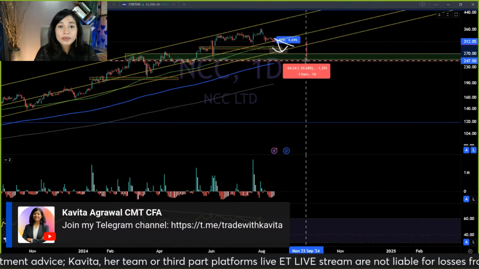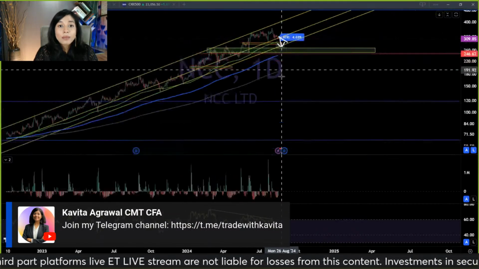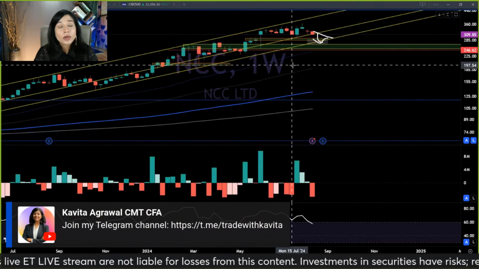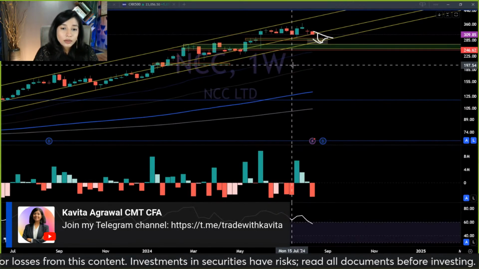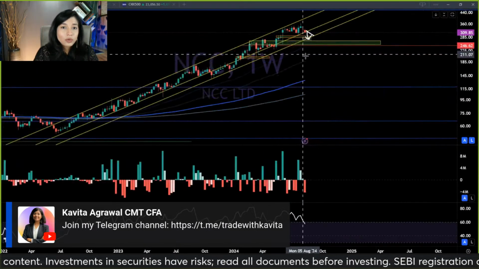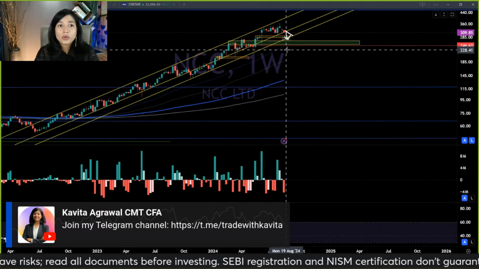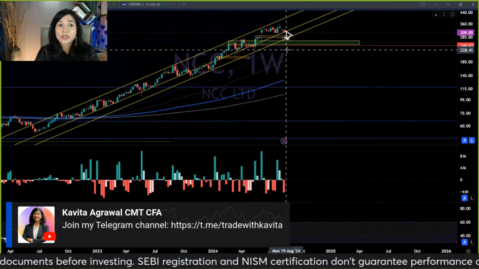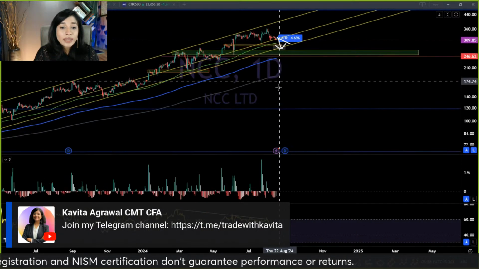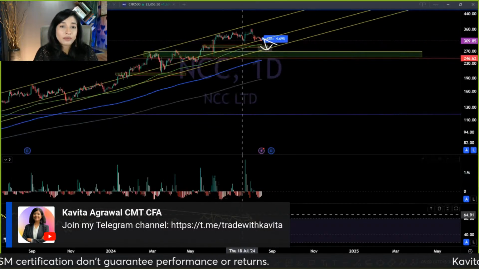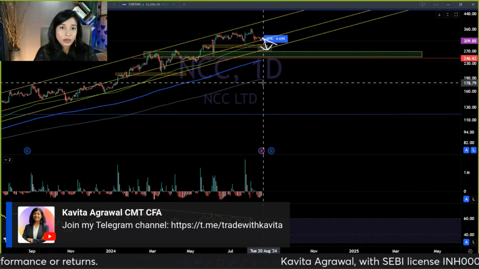Yeah, steep because at this point, from a short-term perspective, the stock is not attractive. But if you're looking at the weekly time frame, then you are assessing the stock from a long-term perspective. Long term means like 3 months? No. If you're looking at the weekly time frame, you are assessing for a holding period of 6 months plus. Because the daily time frame right now is showing a negative divergence and is not suggesting that the stock is good for fresh entry at all.